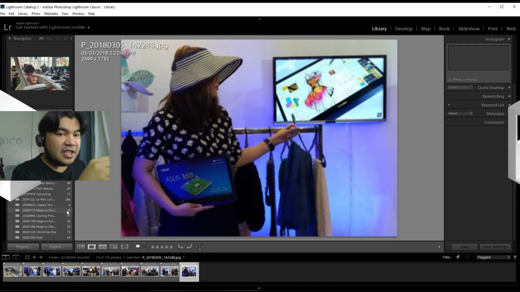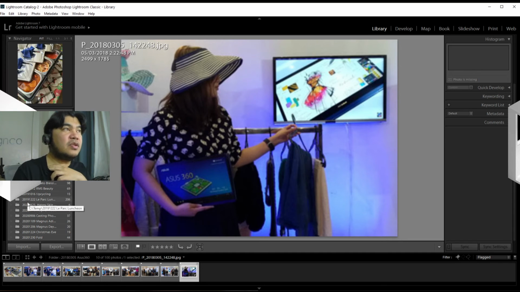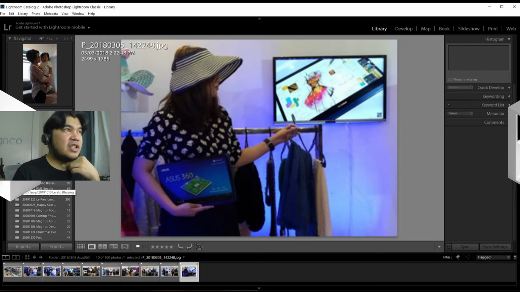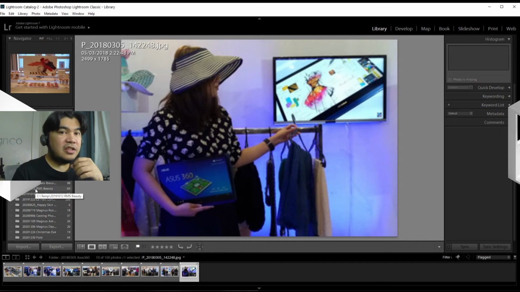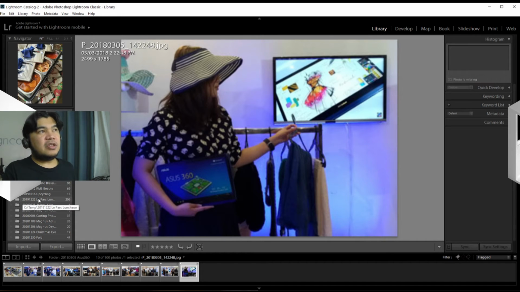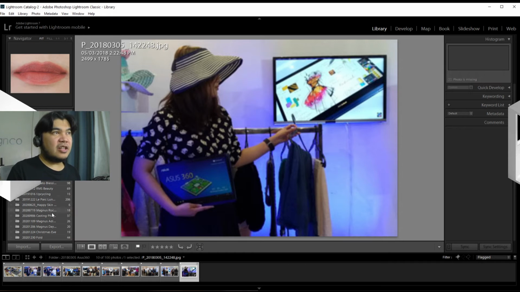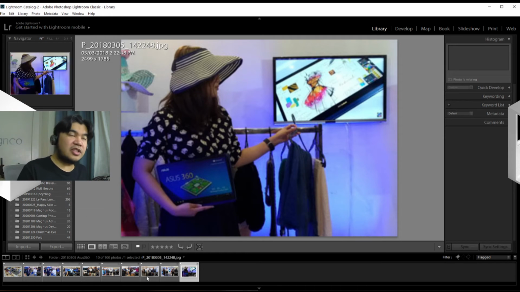But you need to place them in a specific folder with a naming convention that you yourself will understand and move forward with. Okay, so what I'm using, if you can see right here, is basically the year, month, day layout, and then a short description of what